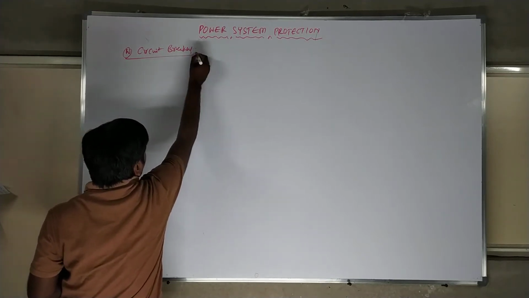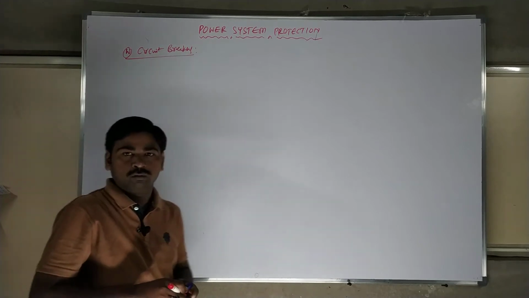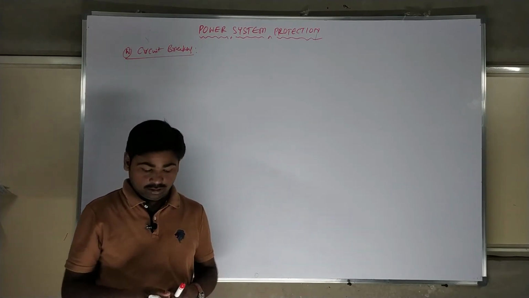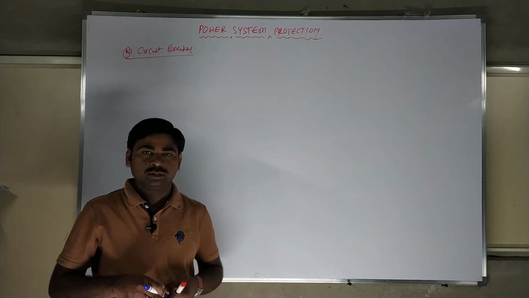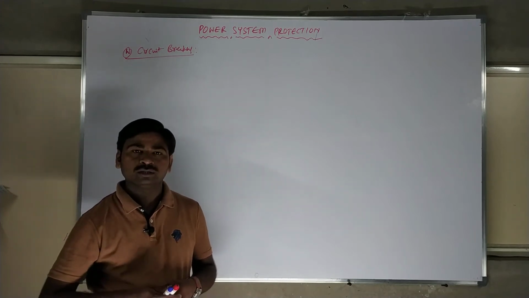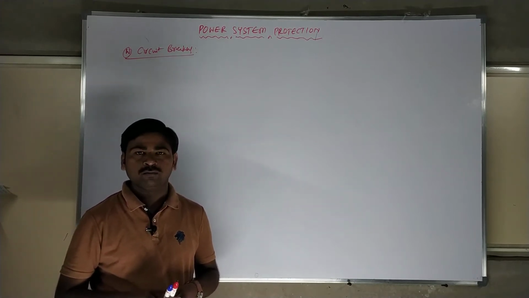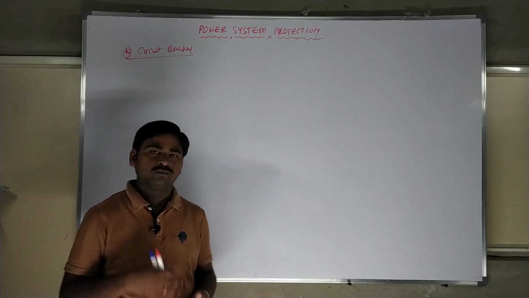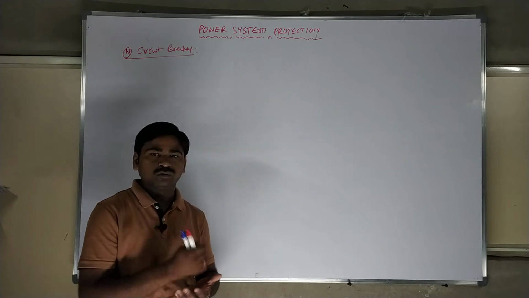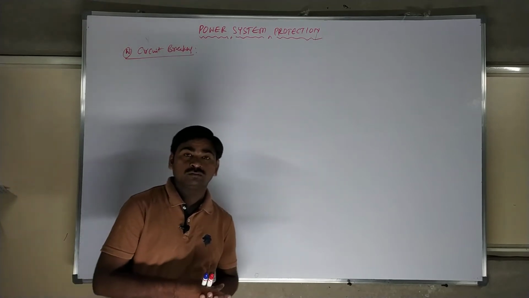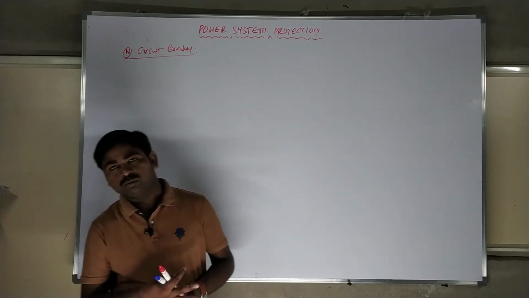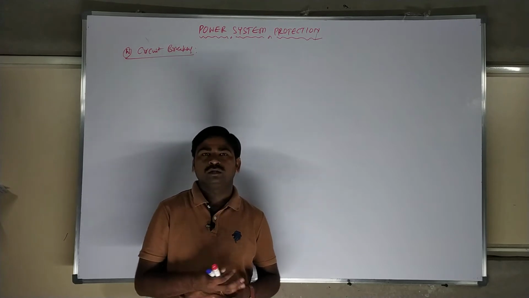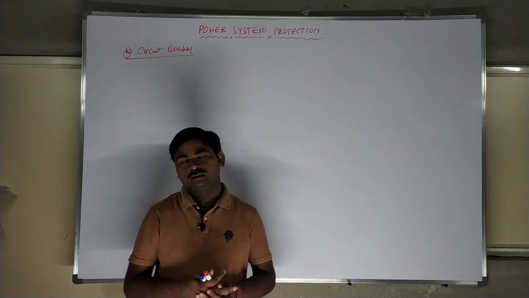So why are we switching to the circuit breaker, even though we have different types of switchgears? I think we have heard of the fuse. The fuse is a short piece of metal wire. When excess current comes, the temperature will rise, and due to the heating effect, the fuse will melt. For that reason, you have to bring one more fuse and insert it into the circuit, and then the circuit will run under normal condition.